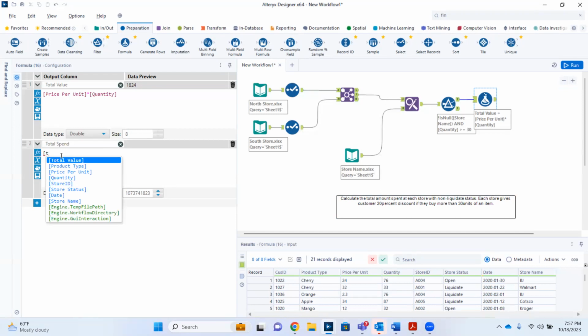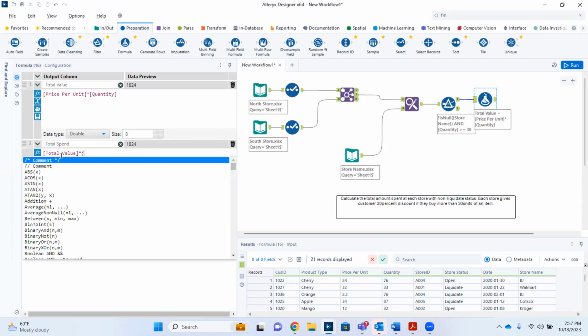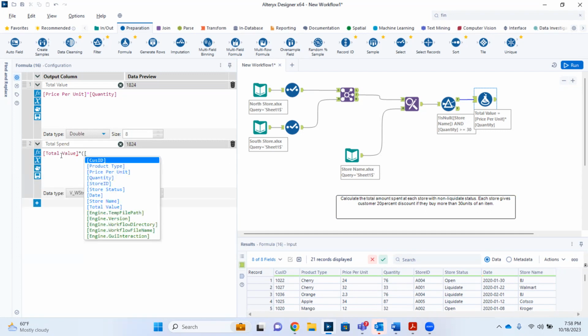You know, I've created a derived column at the top. I'm just going to say total value, then multiply by open bracket. Then I will do this, multiply by